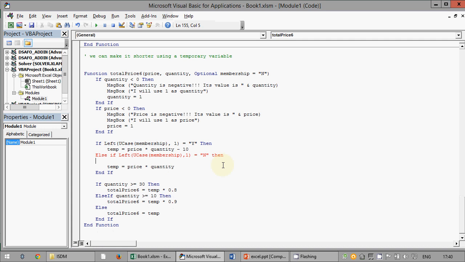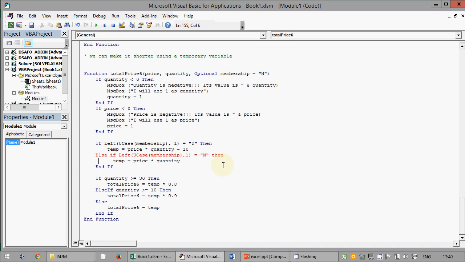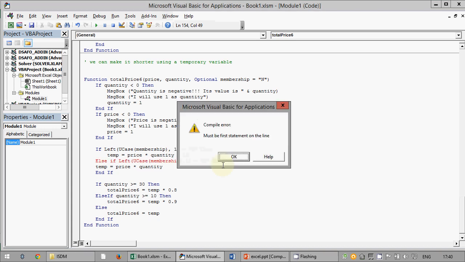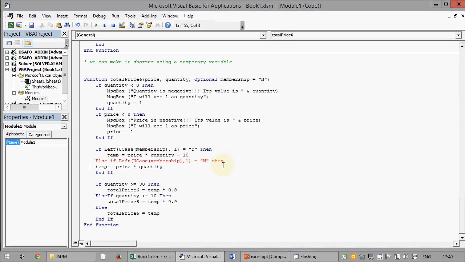Mystery. Okay, let's investigate. This one is correct. Else if altogether.